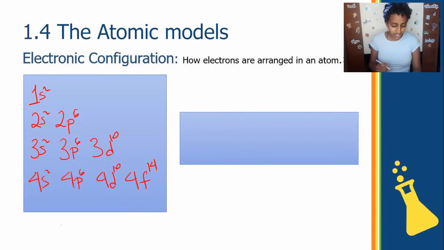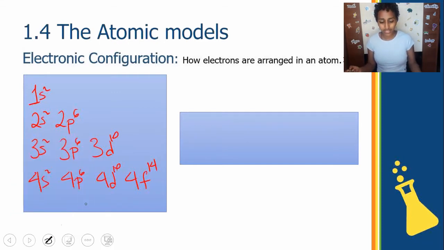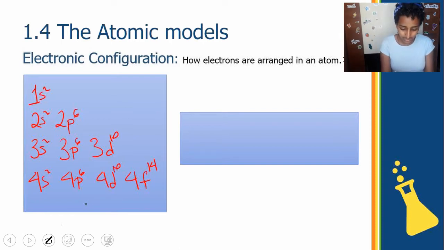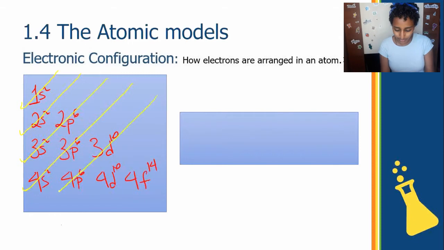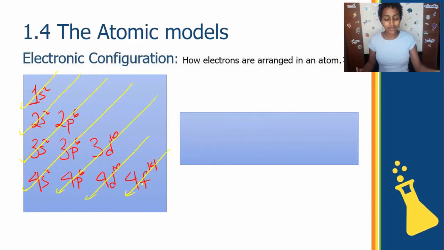Now, let me change my color and explain to you why it's actually called the diagonal rule. It's because you draw diagonal lines like this. Boom, and boom, and boom, and boom. Boom, boom, boom. You might wonder why I just crossed out all of my work. Well, consider the yellow lines how you would read this diagonal rule. Consider what these lines cross out. Let me write it again on the side here. That's what this blue space is here for.